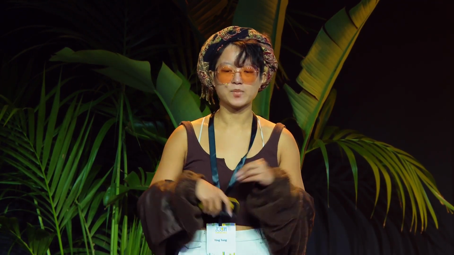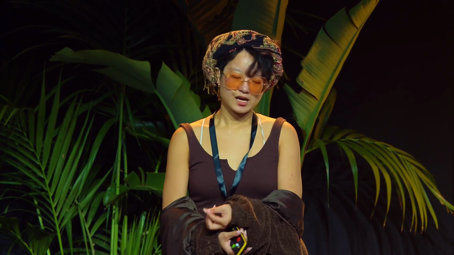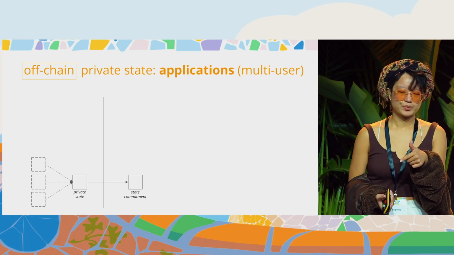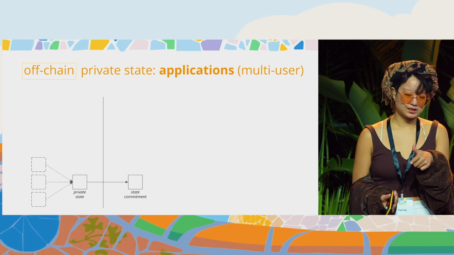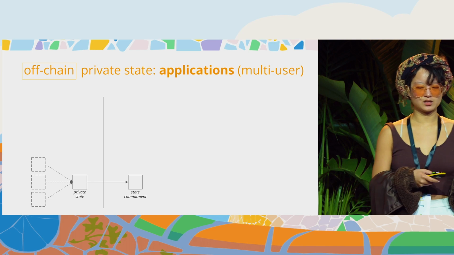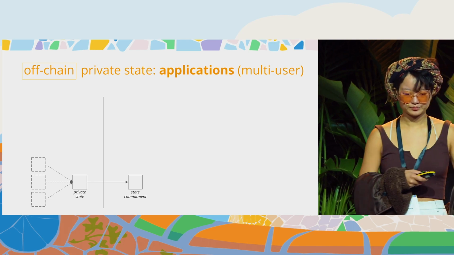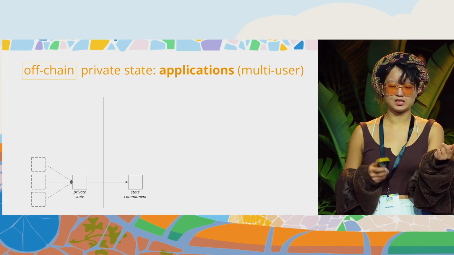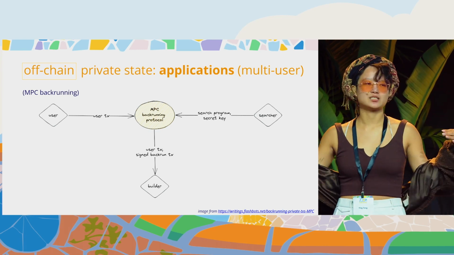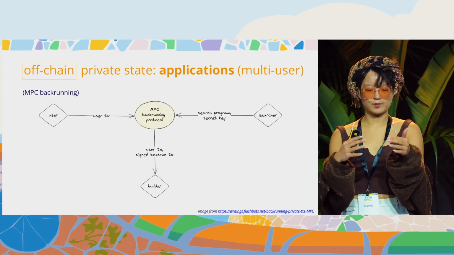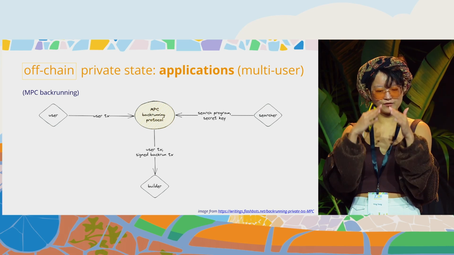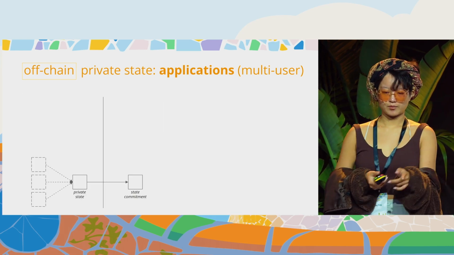So the next class of off-chain private state applications actually support multi-user private state. And this is not ontologically different from the first class because these modifications are not on the protocol layer, they're on the application layer. So basically, you can do, for example, some kind of MPC protocol to collaboratively form a transaction before submitting